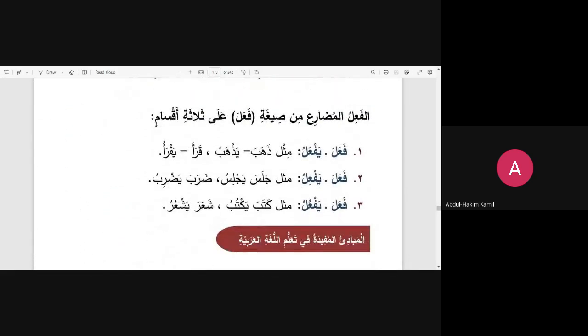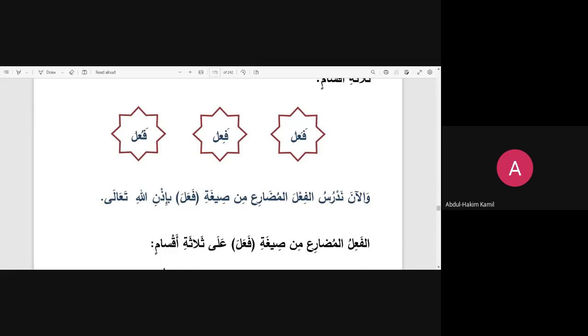All right, look at this here real quick. This is what we took yesterday: the past tense scale of fa'ala. First of all, the past tense has 3 scales. On the fa'ala scale, it could be fa'ala like dhahaba. It could be fa'ila like what? Like sami'a and labisa. Or it could be fa'ula like what? Like karuma, na'am, hasuna, and qaruba. Now we just want to look at the fa'ala scale.